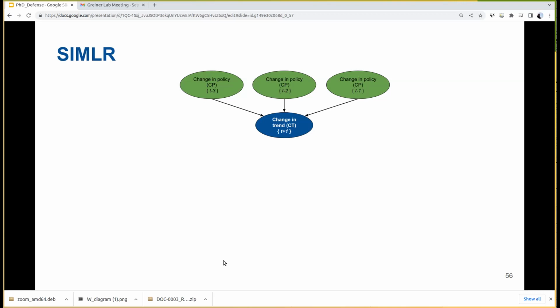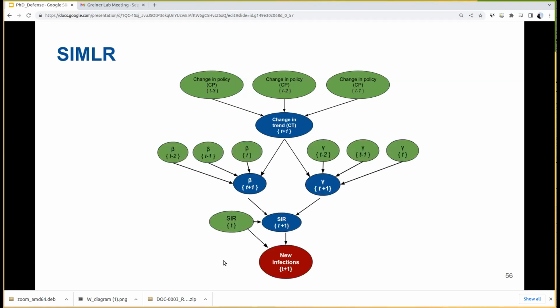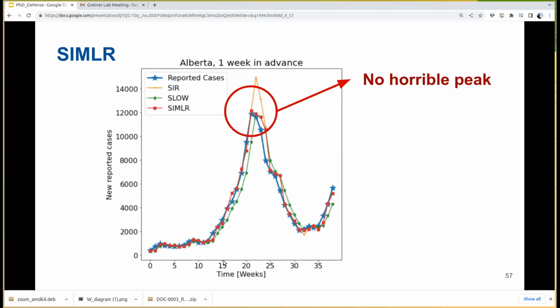And by the way, this is data that we have to manually encode. You can think about this as a Bayesian prior, because we don't have a data set for this. So we had to encode our knowledge in terms of probabilities. Once we have the change in trend, then we can go and use the model that we had before, the linear regression, SIR, all of that. And this is the result. Then there is no horrible peak, because in fact, we identify that at this week there was a change in policy. Then during the next time points, this one, and this one, we are making the predictions of the green model. Oh, sorry, this one, and this one.